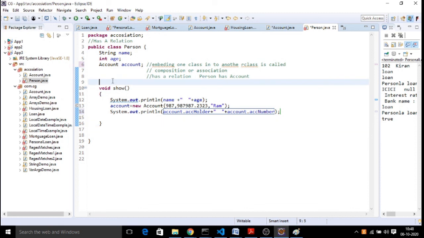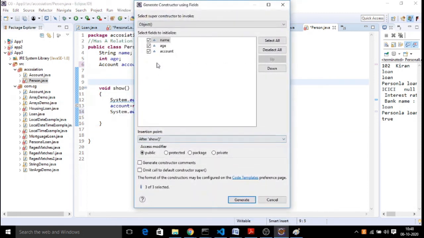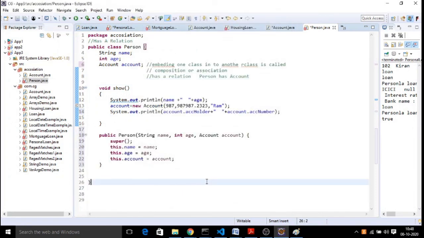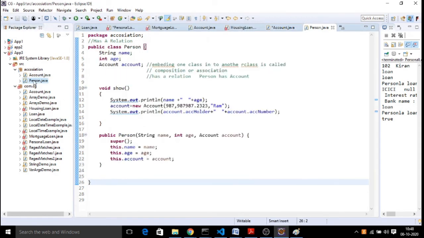You don't have a constructor here, so you first generate the constructor: name, age, account. With this name, age, account you can create Raj, only name and age we will take.